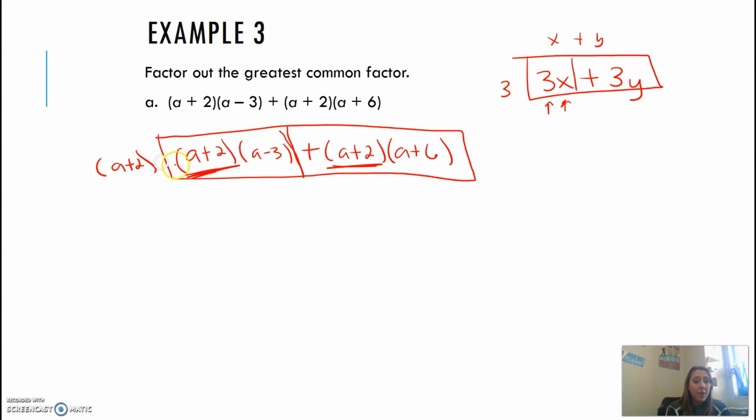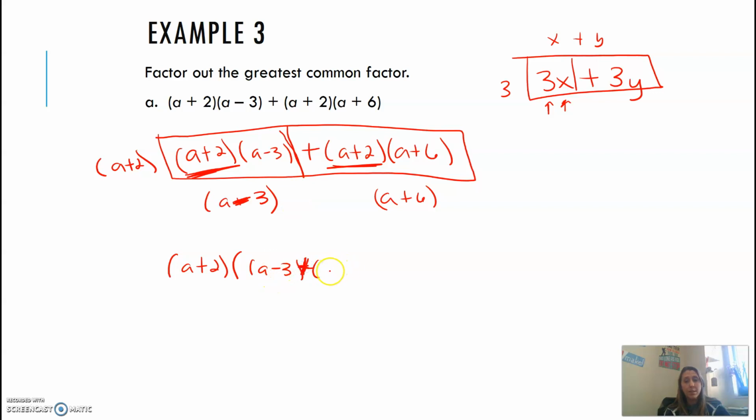So now, if I wanted to multiply this by something to get this answer, I would just need to multiply it by a minus 3. It's a minus. And then I would need to multiply a plus 2 times a plus 6. Right? And then we get a final answer of a plus 2 times a minus 3 plus, because the sign comes with it,